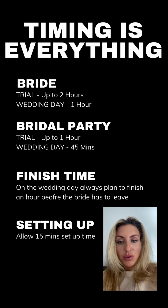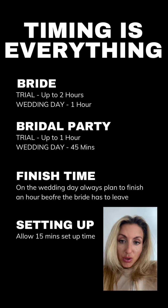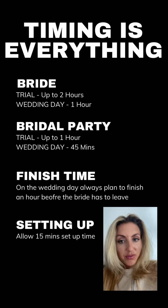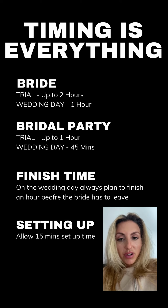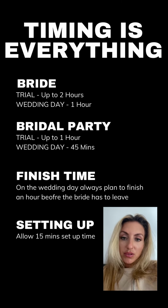You need to create that amazing look and have time to go through it, make sure they're completely happy, and then have time to record everything to make sure you have everything that you need for the wedding day. Now, wedding day times are much quicker than trials because we've done the trials, we know the looks that we're doing. So we try and run on bridal makeup about an hour on the day